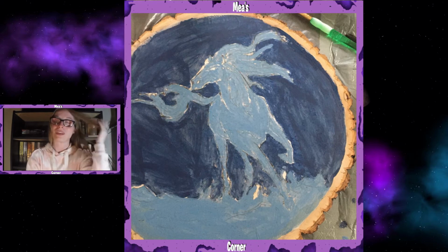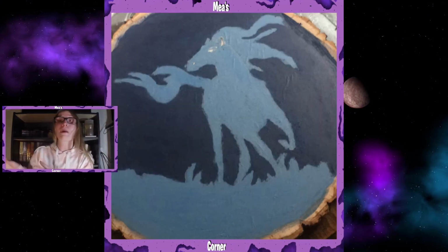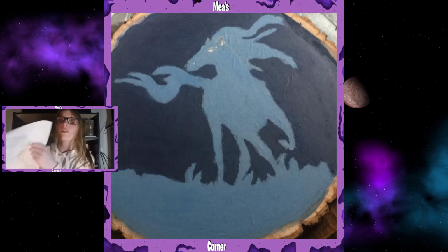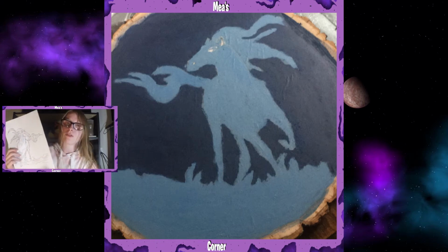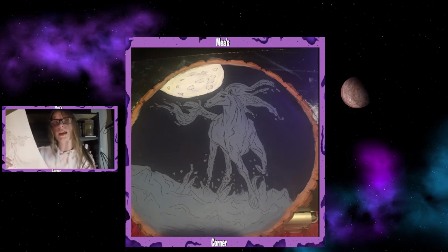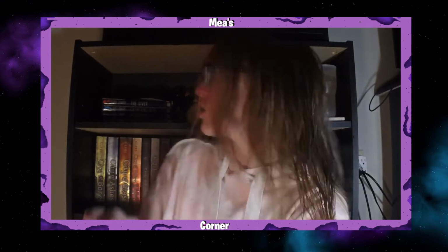So I kept going with it, and then it eventually got to looking very flat, and I lost all my lines. So I'm kind of glad that me and my grandma ended up scanning our drawings and printing them out, because I still had this drawing as my frame of reference to be able to bring back a lot of my lines and erase some that I didn't want. Now, once I got it looking very flat and got the base colors all nice and solid, I then went ahead and used these,